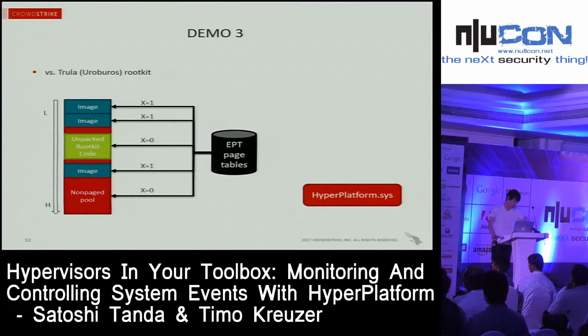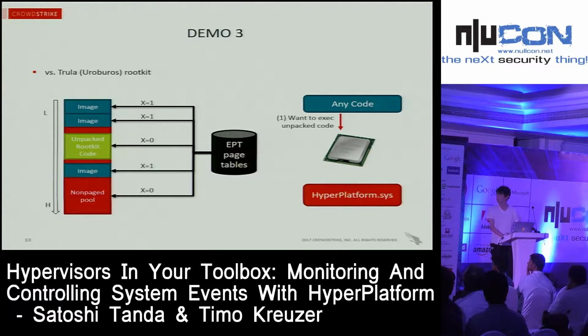And I think we are running out of time, so I'm going to skip the demo, but I can demonstrate in person if you're interested. So basically the concept is that if someone, in this case malware, a rootkit, deploys unpacked code into non-paged pool, which is configured to be non-executable at this time, and this rootkit tries to execute this unpacked code backed by non-paged pool,